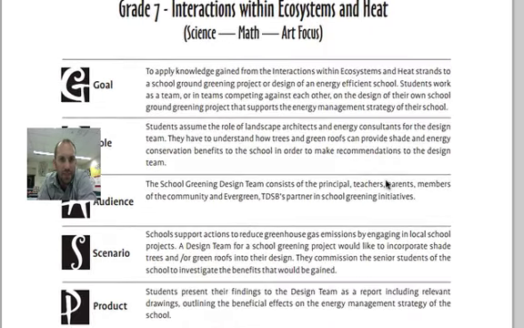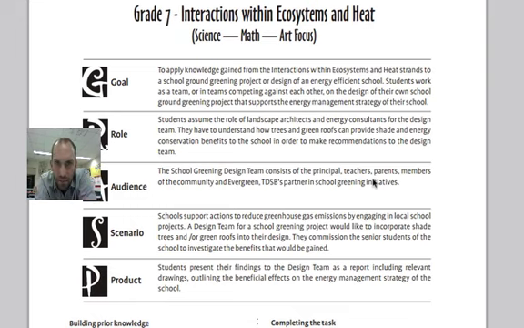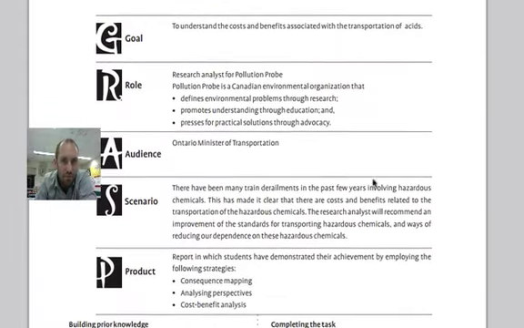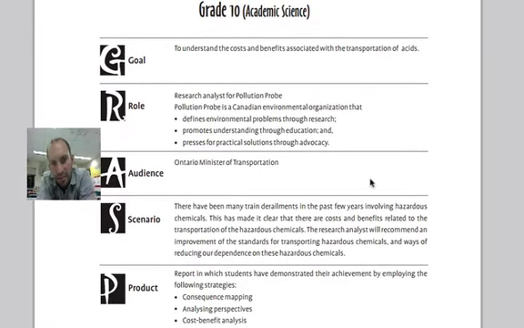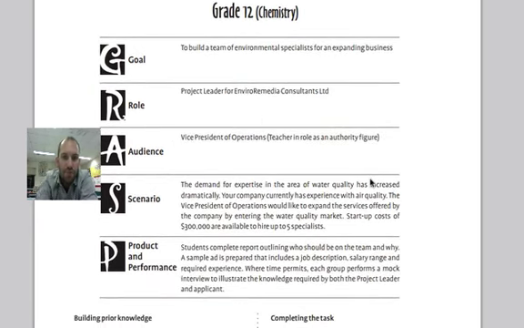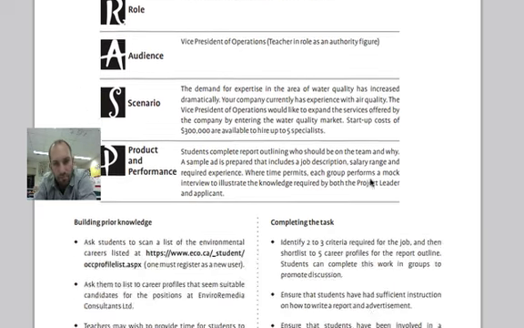Here's another one, grade 7. This is a good one. A little science, math, art, folk. You can pause it and read it. Here's a grade 10 one. And this is academic science. A good GRASPS. And grade 12, chemistry. Another GRASPS. And yeah, that's all I got for you. Hopefully we can make our own performance tasks that are even better.